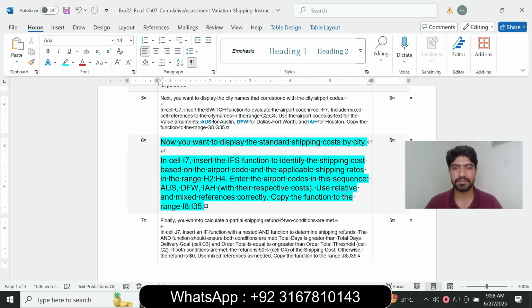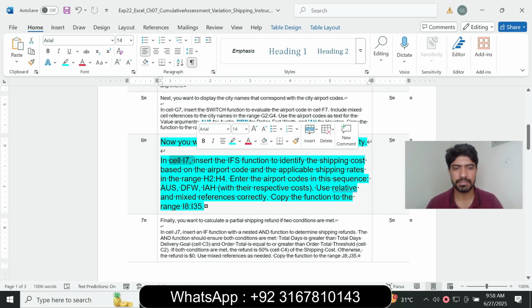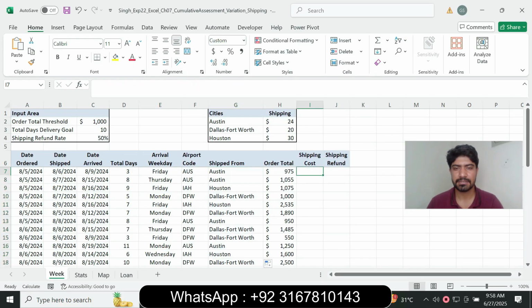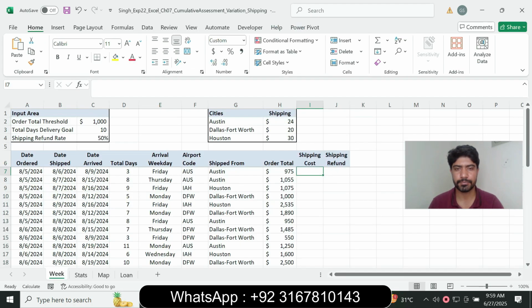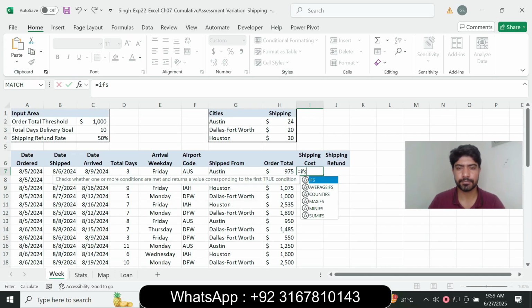So insert the IF function to identify the shipping cost based on the airport code and the applicable shipping rates in the range H2 to H4. So in cell I7, select I7 and insert the IF function. So type equal to and type the IF function,